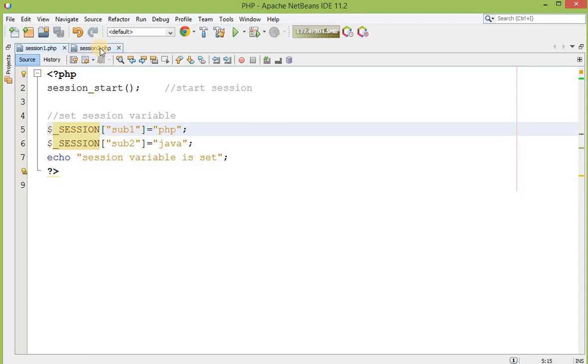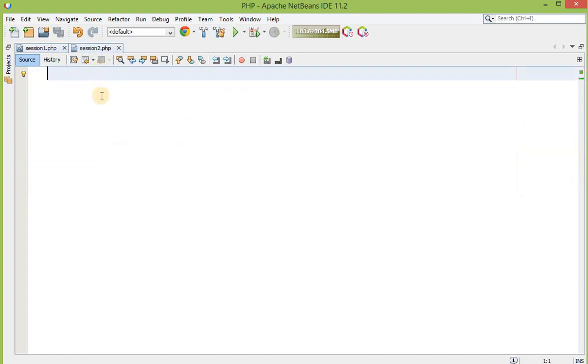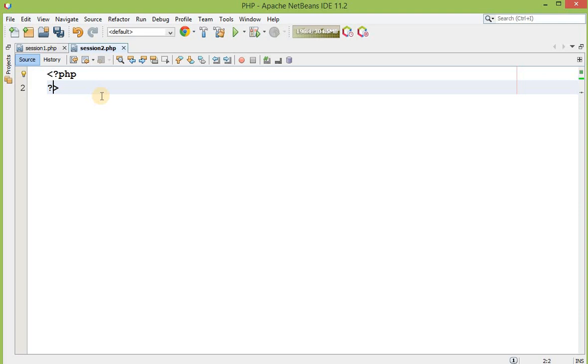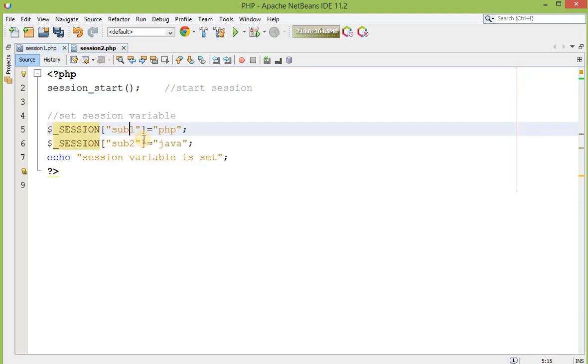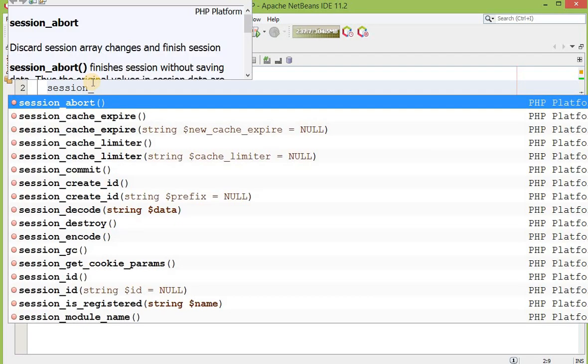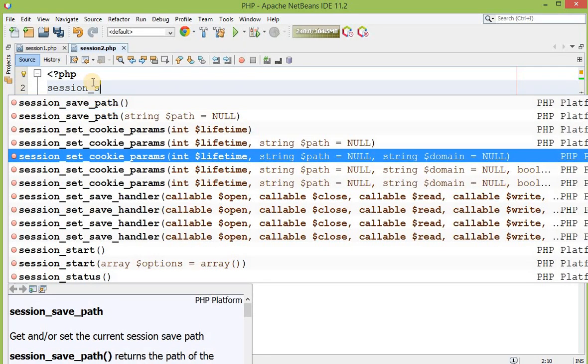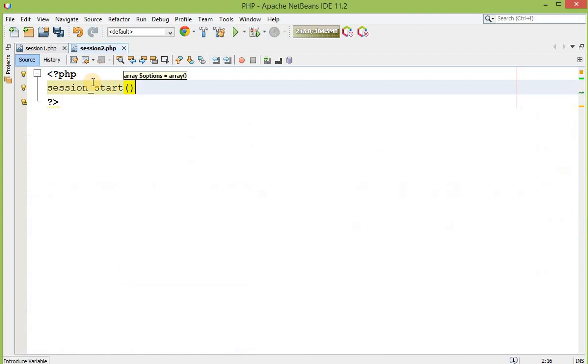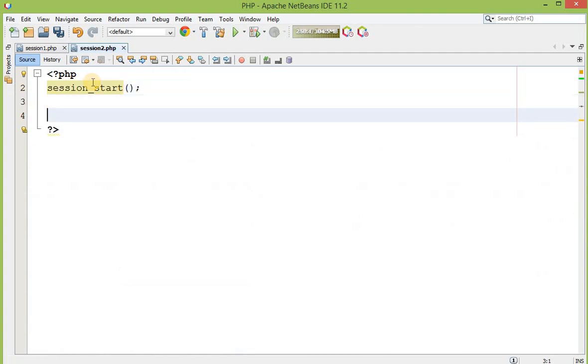Now this is my session2.php, and inside this PHP file I am going to access the variables that we have declared and assigned values to. Whenever you are dealing with sessions, the first statement of your code is always session_start. Now in this file I am going to print the session variables. How can I do that?